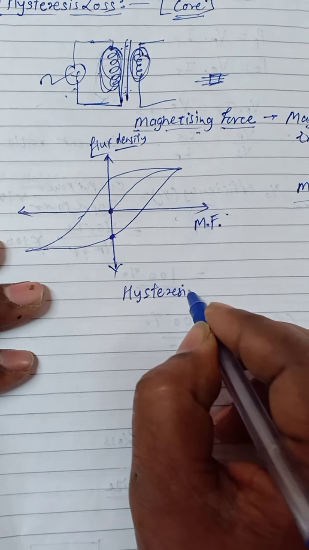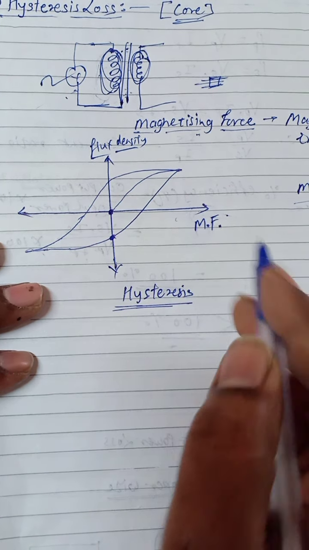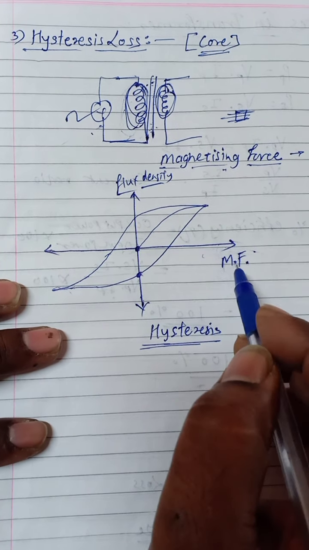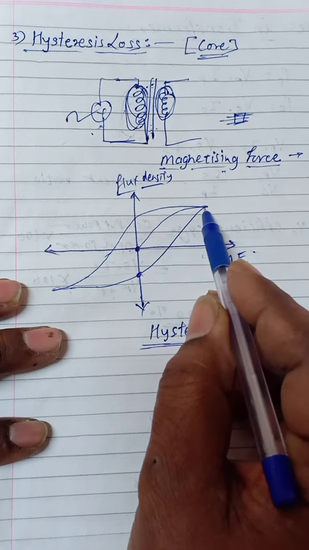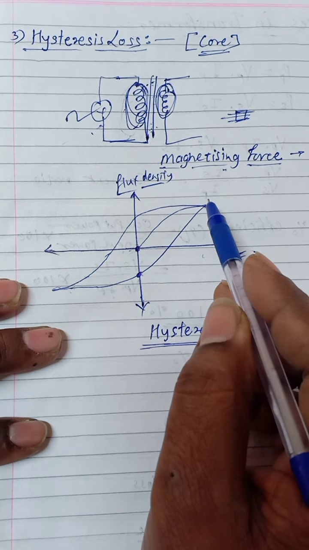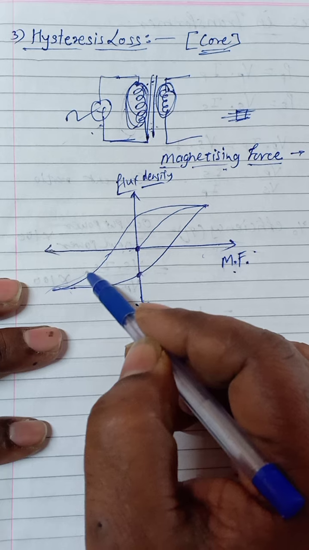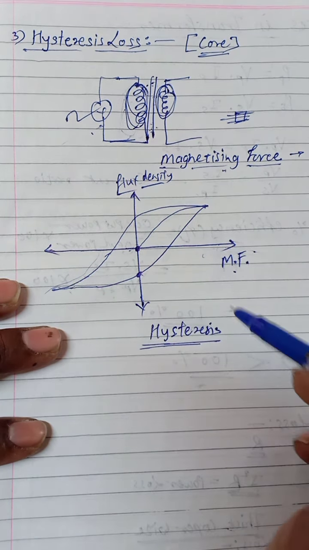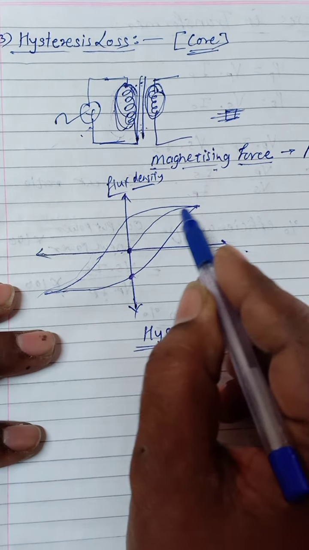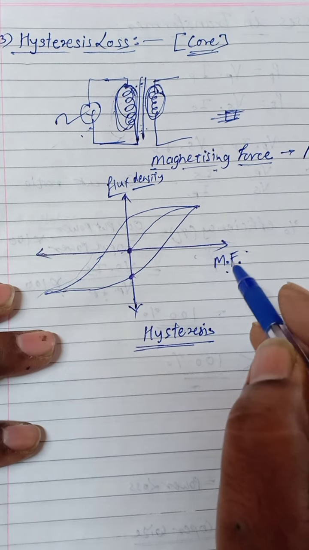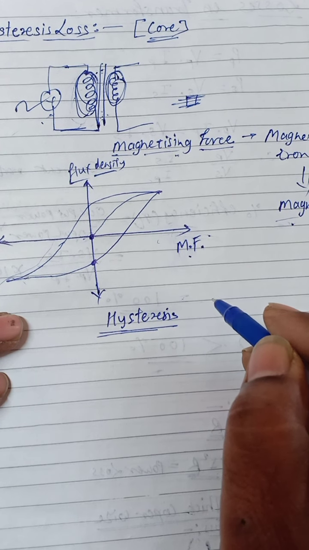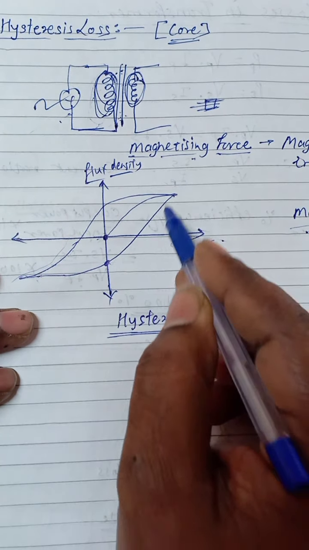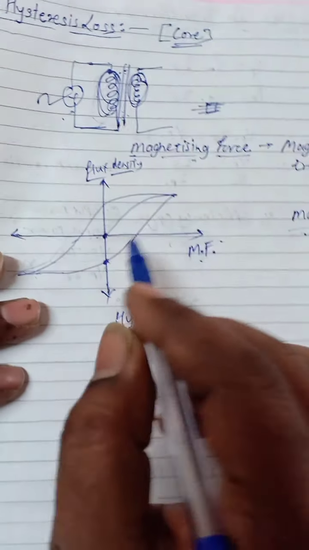This kind of variation is known as hysteresis. As magnetizing force increases, magnetic flux density increases. As it decreases, it doesn't follow the same path, it goes to another path, and similarly you get this type of curve, which is called hysteresis, and this curve indicates the loss of flux or energy. The flux is nothing but energy, so that much energy is lost in a transformer.